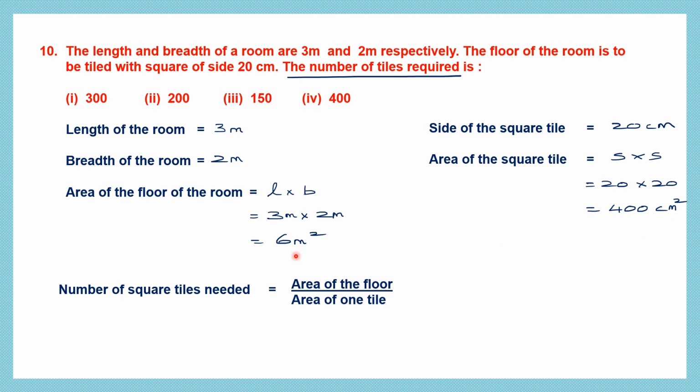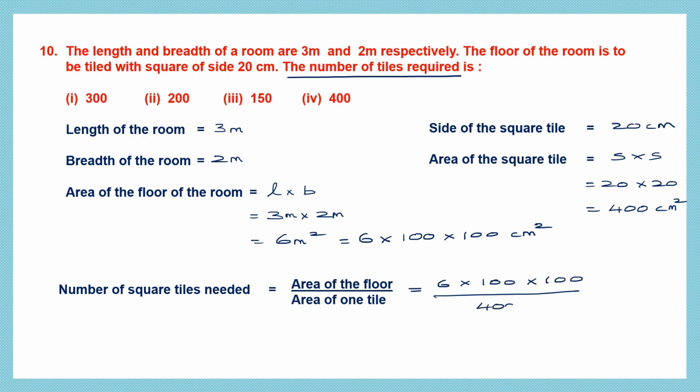So let's make both the units the same. Let's convert meters square into centimeters square. So we have 6 here, and 6 into, now in 1 meter we have 100 centimeters. So when we say meter square, we have to multiply once more by 100. So this whole thing is centimeters square. So we'll leave it as it is and use it here. Now the area of the floor is 6 into 100 into 100 centimeters square,